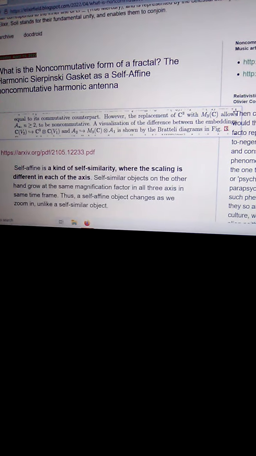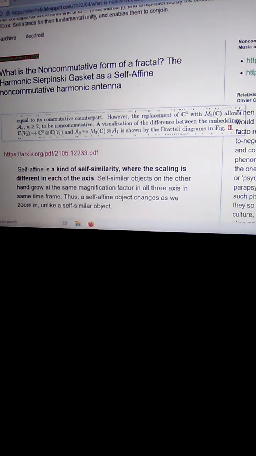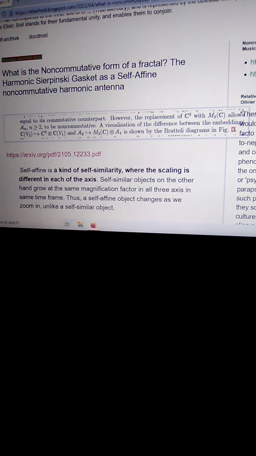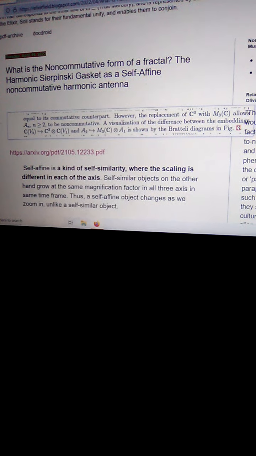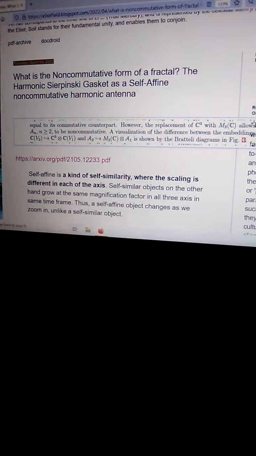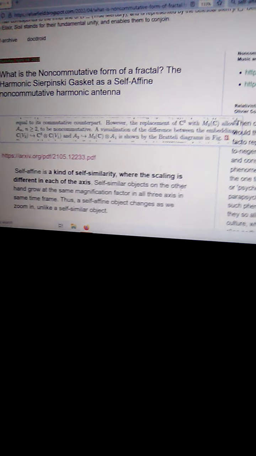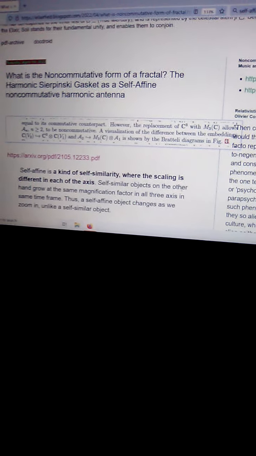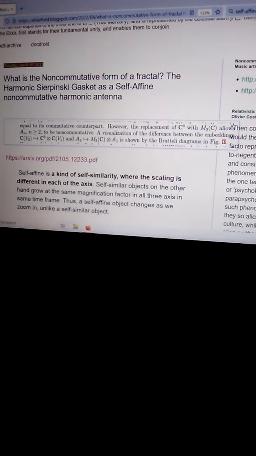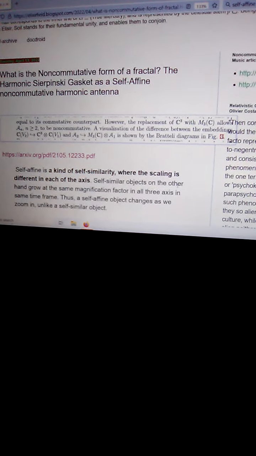So why isn't it self-similar? Because the black and white changes based on the scale, and that makes it self-affine or affine. The scaling is different in each axis. So now, basically this math is that